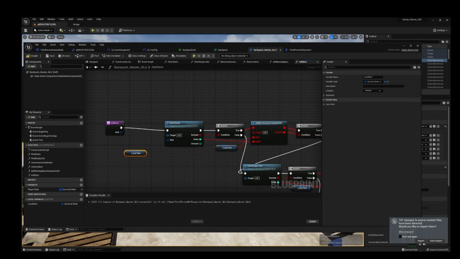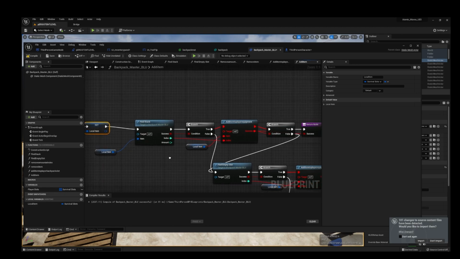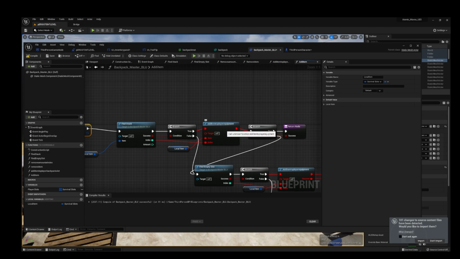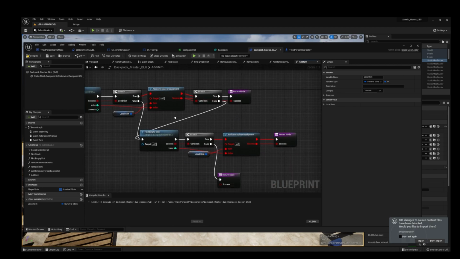Not bad. We're going to go ahead now and drag our local item here. That local item. Drag it here, here, here, and here. Actually, sorry. We're going to go ahead and disconnect this one and reconnect it here. Okay, but we still got that red thing. We're going to take care of that in just a second. We got two of them. We'll take care of it in just a second.